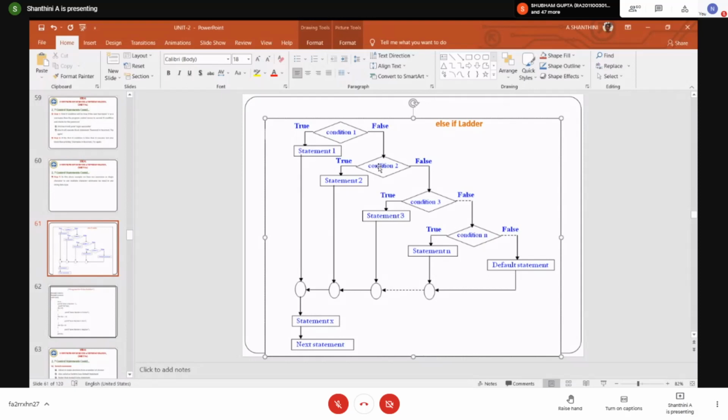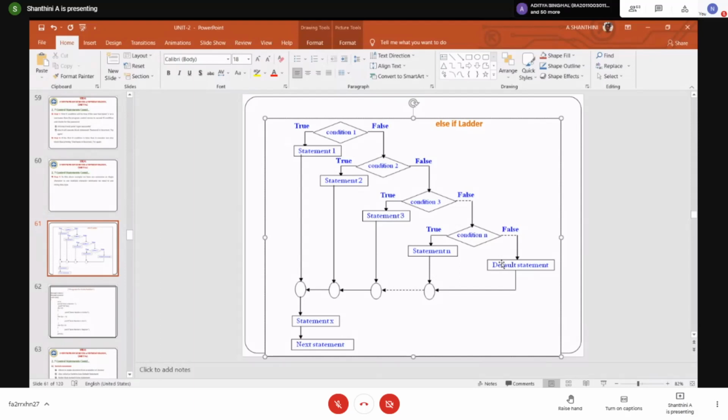Else, you just go and check for your final condition. The final condition will have else. The starting condition will have if with the condition check, and you have else if, else if, else if, else if, and finally you will have only one else. Else you have to print a default statement, that is to fail. The student has failed. So that is how you will have this multi-path decision making with the use of else if ladder.